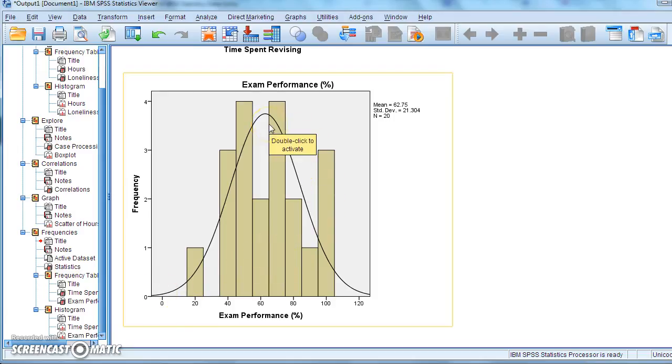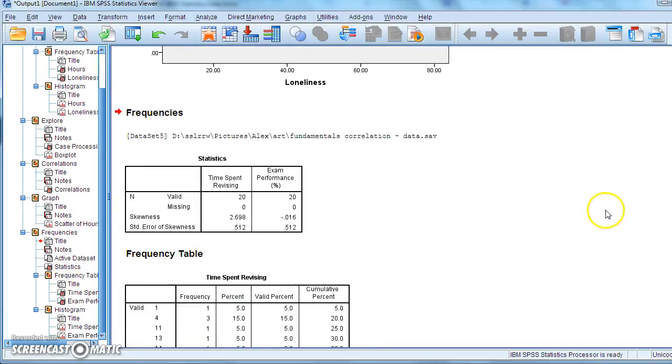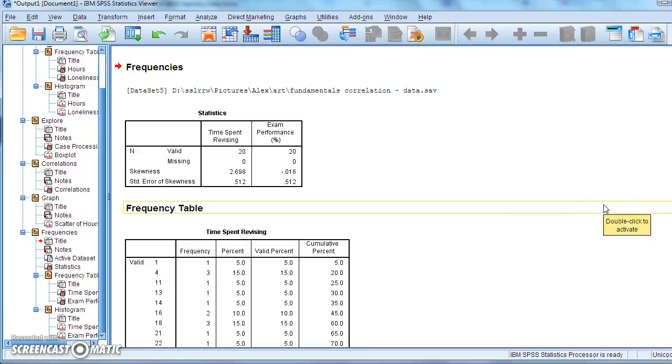We will check. The exam performance looks relatively normal though. Again, we don't expect a perfect normal distribution, look with the blocks with so few participants, but it looks like most people are clustered around the middle, somebody down here, and tending to tail off towards the extreme ends. So we're getting fairly few low scores, not that many high scores, with most people scoring reasonably about the 60% mark.